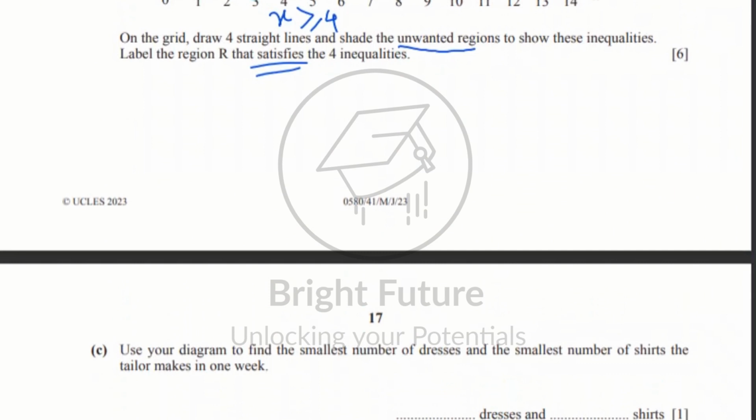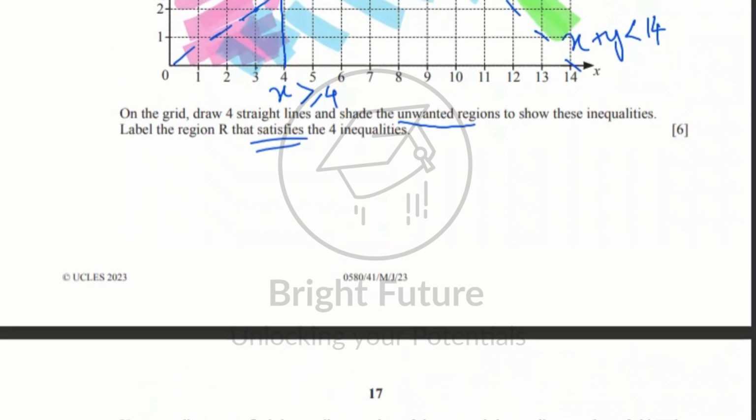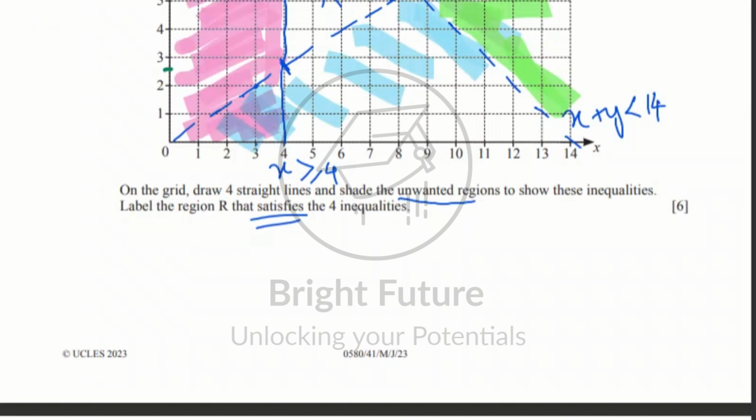Okay, so the next question. Use a diagram to find the smallest number of dresses and the smallest number of shirts the tailor makes. Smallest number of x, here is 4, here it's 4, 7, somewhere around 8.5, so smallest is going to be over here. So x minimum is not 4, yeah, right, it's going to be over here, x is 4 dresses, and y minimum